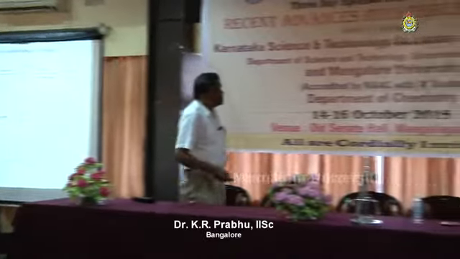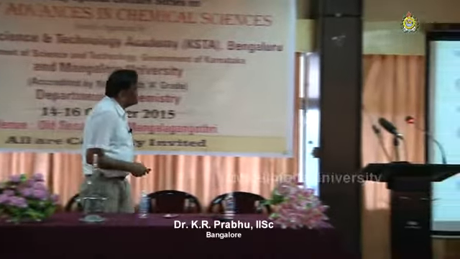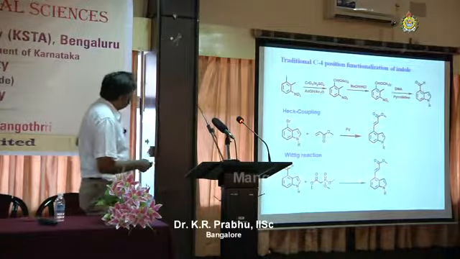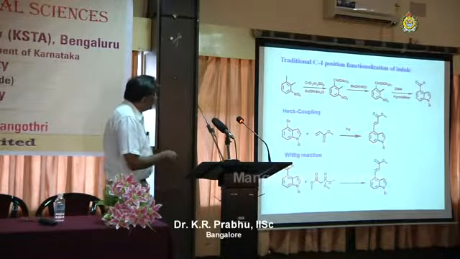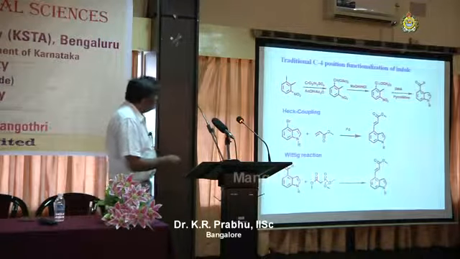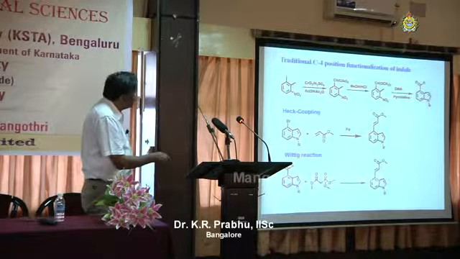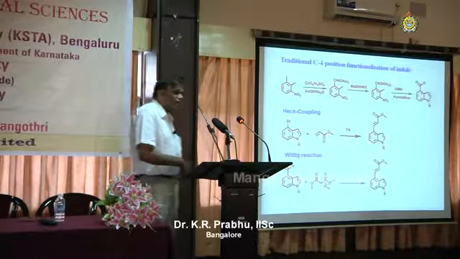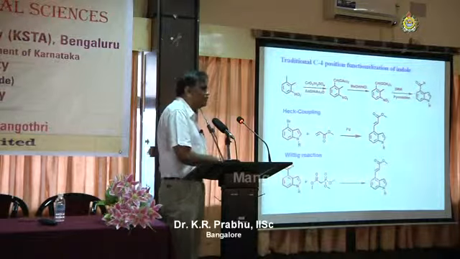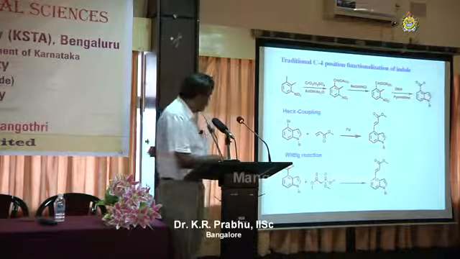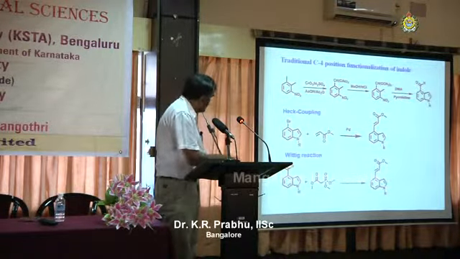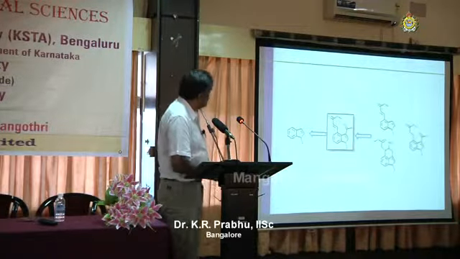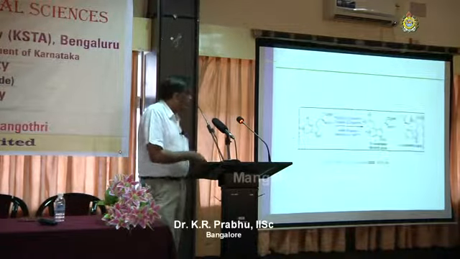So now we started looking at the traditional methods of doing this. As you can see, the corresponding nitro compounds have been used, you have introduced the carbon-carbon bond over there, and hydrolysis, form the acetal, DMA, phenol, and so on and so forth to make this. Then you have to go for the compound. If you want to use the classical Heck reaction, you need a bromo at the fourth position. Difficult to make. Bromo at the fourth position is not easy to make. Then this Michael addition, like whatever. So Wittig reaction also can lead to that. Again, you need that compound. But in our protocol, it is very easy.